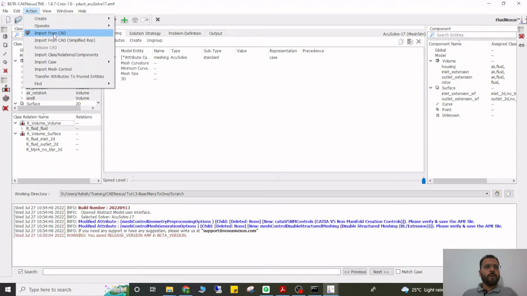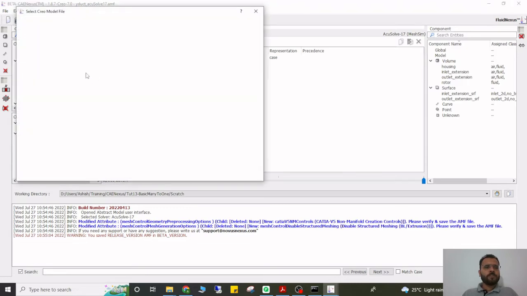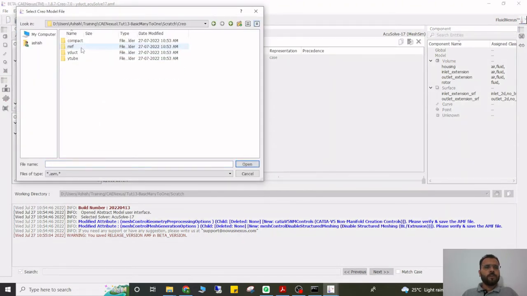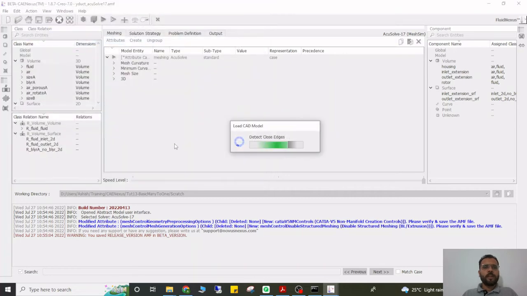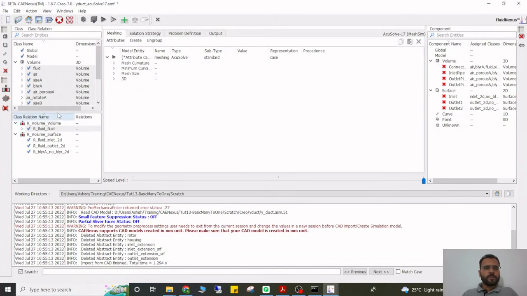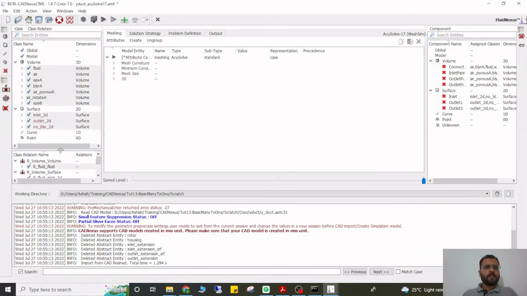Now import the CAD model. So I am importing this Y duct CAD model. You can see that there is a blue tick mark on the classes which are imported. On air rotate A there is no tick mark, so this class will not take part in this